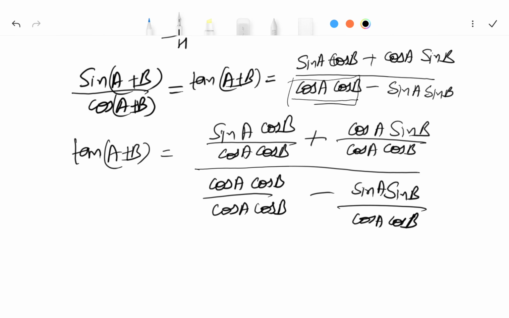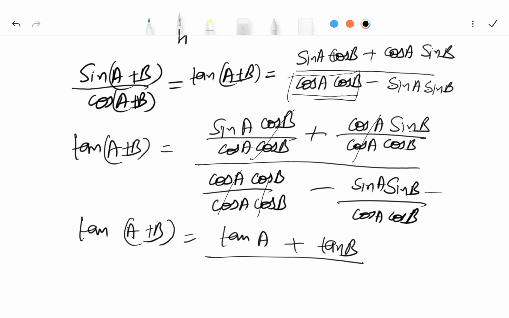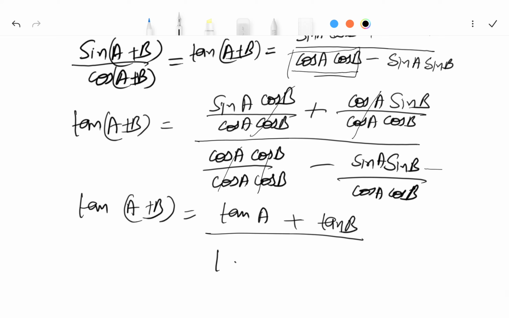Then what I will get? See, I can cancel this, I can cancel these both, and here I cannot cancel anything. So tan(A+B) is equal to sin by cos. I have already proved that it is (tan A plus tan B) by (1 minus tan A tan B). I have proved another formula,